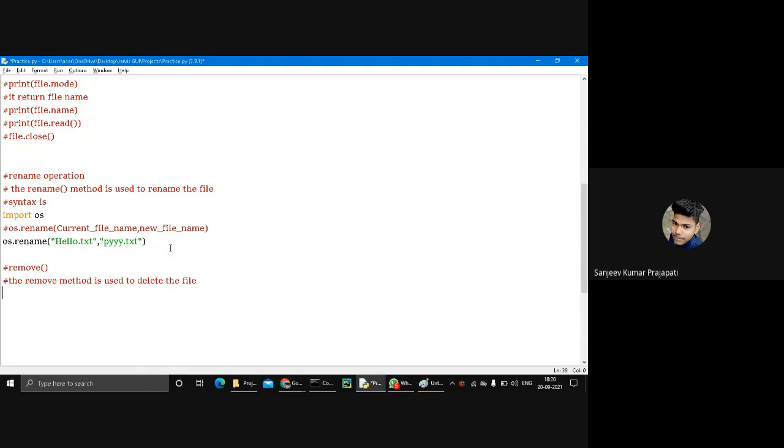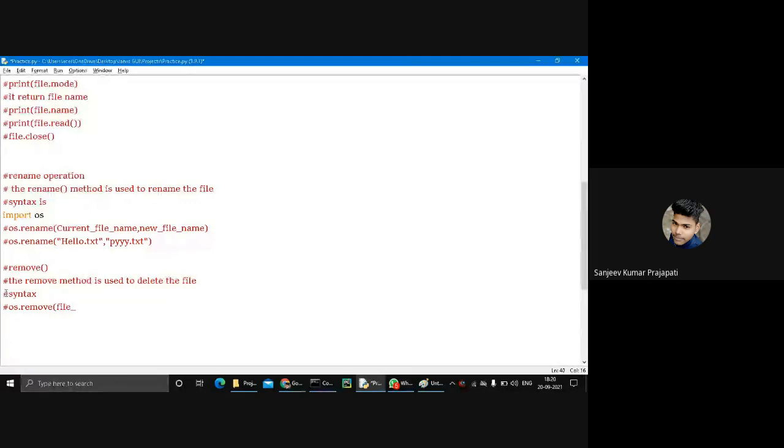Import os. The syntax is os.remove and pass the file name.